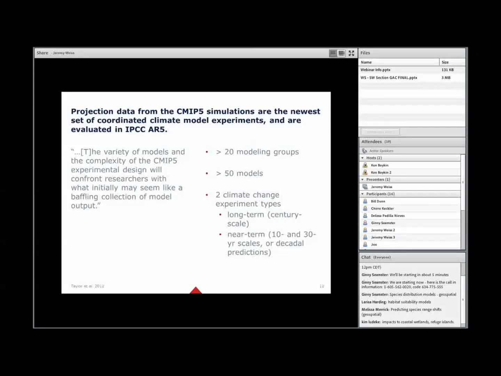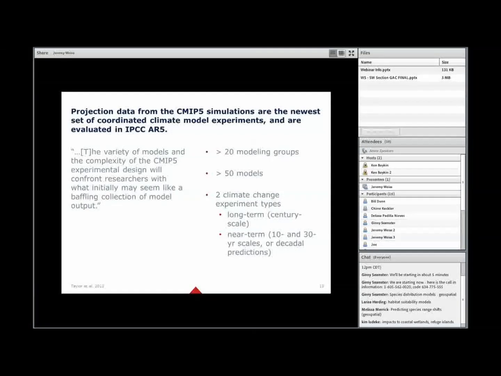So for instance, there are more than 20 modeling groups contributing to this, more than 50 models. There are 2 climate change experiment types. You have the long-term or century scale type, and the near-term or decadal predictions, experiments run on 10 to 30-year time windows. But that's not all.